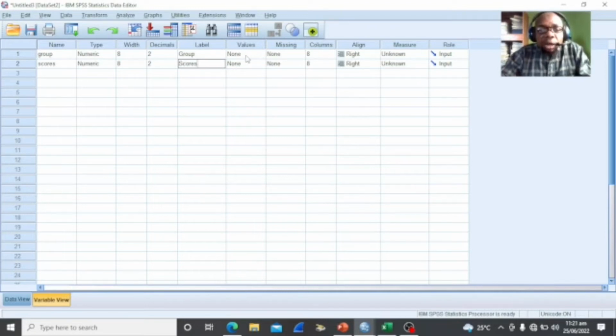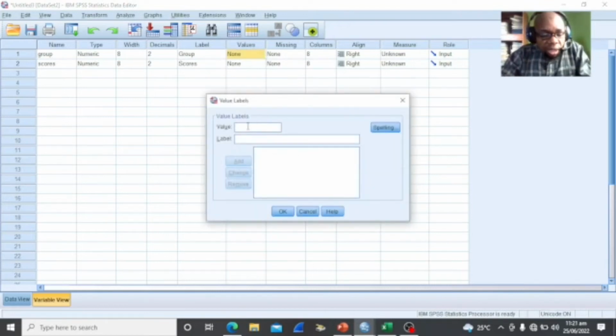In this case, we come to value here. We click on value, we type 1 and move to label and write control group,